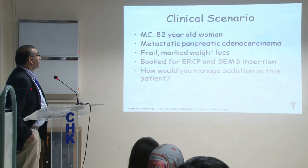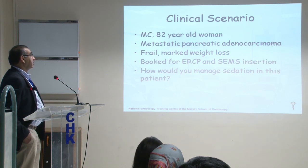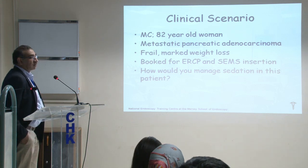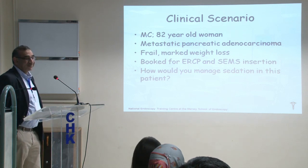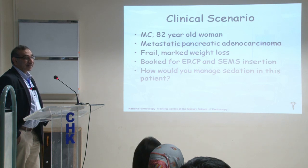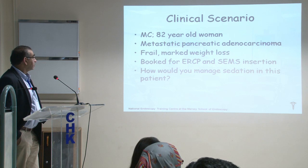An 82-year-old woman, metastatic pancreatic adenocarcinoma, frail, marked weight loss, booked for ERCP and metal stent insertion. SEMS is self-expanding metal stent. How would you manage sedation in this patient? After you talk, it's easy. Right, okay. Less than 2 milligrams of midazolam, probably. My only concern is if I stop here in Pakistan and say, well,